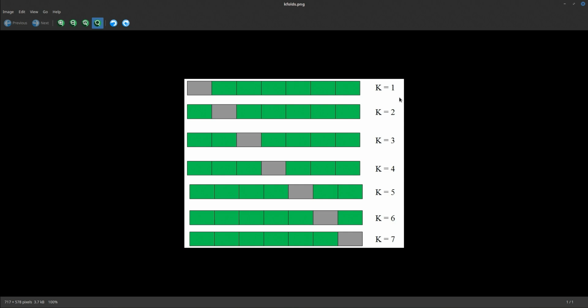Now, k-fold cross-validation is a version of cross-validation which basically works as follows. The first time that you perform a cross-validation, you randomly select a subset of your observations, which are going to be your test set, and the rest are your training set. So here at K1, we just look at the data in the green bars. We build our logistic regression model based off this data, and then we apply our model to the test set of our data